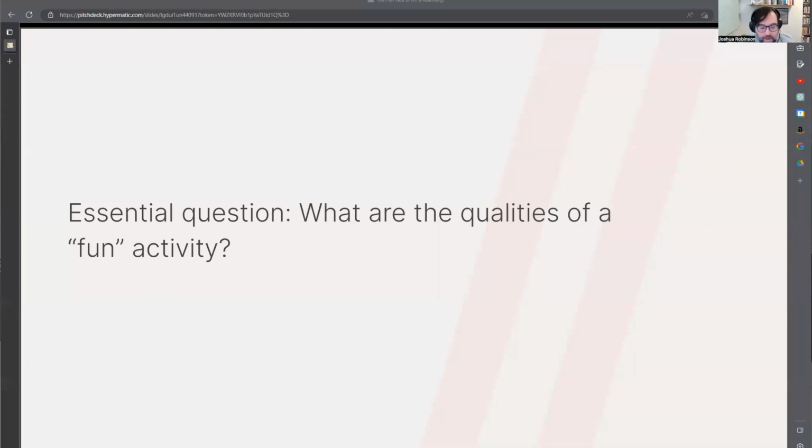Now, fun is one of those things that everyone thinks that they know and they understand and they recognize until you start trying to define it. If I asked you to define fun, you'd probably come up with some of the things that we're talking about today, but I'm coming at it from a slightly different angle as I'm looking for inspiration to bring back into my design world.